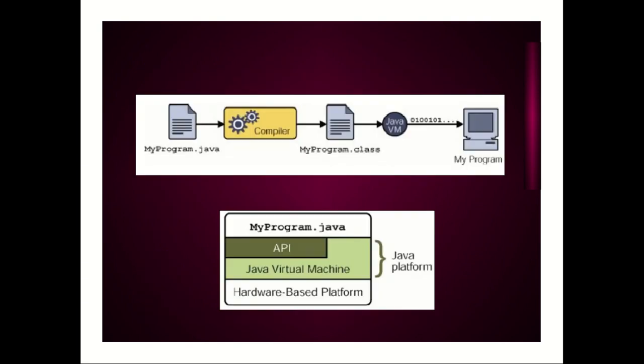Here is a diagram showing how we can convert our .java file into a .class file, and how it will be executed by the Java virtual machine on your computer. My program .java file is the source code program. Using the javac compiler, we convert that program to the .class file. It is called bytecode and it will be executed by the Java interpreter, meaning the Java VM, and it will generate the machine code that will be executed on your operating system.